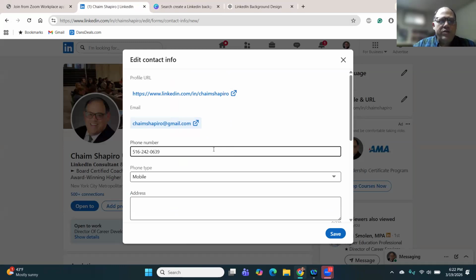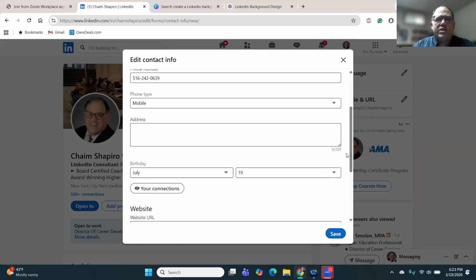You see here also that I do have my phone number for my mobile phone. Question I get, don't I get spam because of that? And the answer is yes, I do get spam, but I'd rather get some spam, which I get anyway, than miss a very, very important call. But that's a personal preference issue, what people are comfortable with. I do not include my address because I am not comfortable with people showing up at my house.